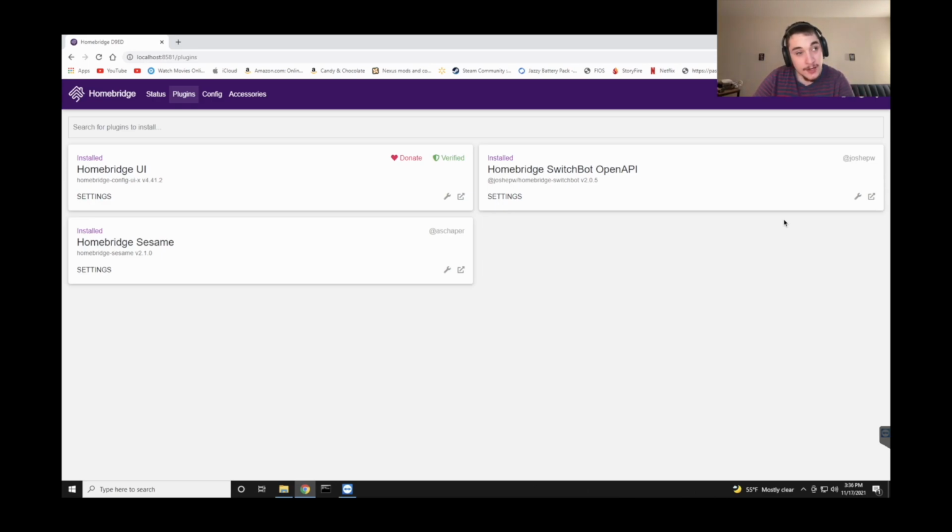Now as you can see, here are my Homebridge plugins. I have Homebridge UI, I have my Sesame Homebridge plugin for my Sesame Smart Lock, and right here is the plugin that I use to get my Switchbots into HomeKit. This plugin is the Homebridge Switchbot Open API plugin. This plugin is no longer supported, but for some reason this is the only plugin I can get to work